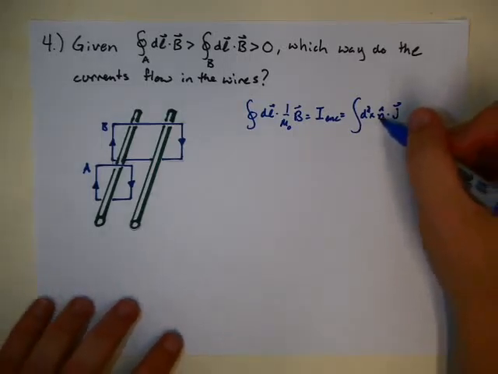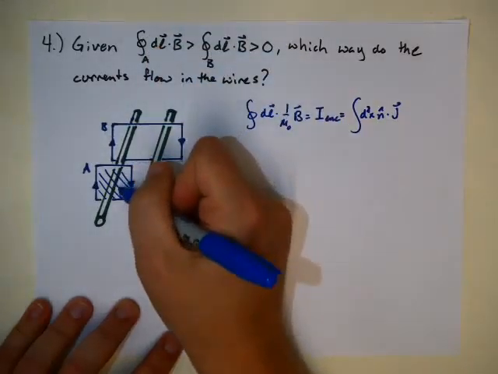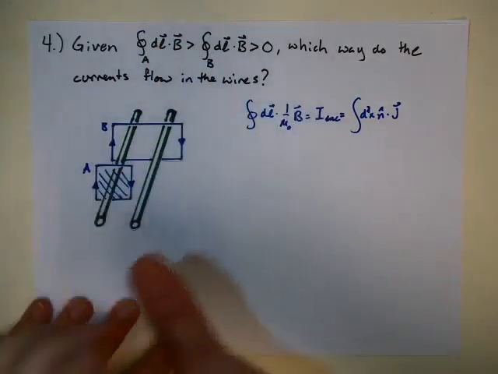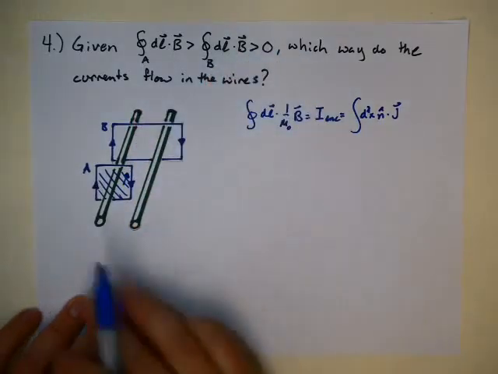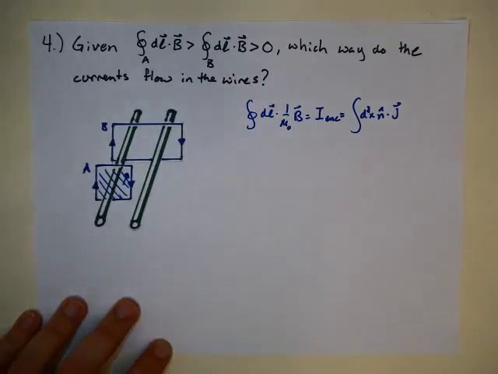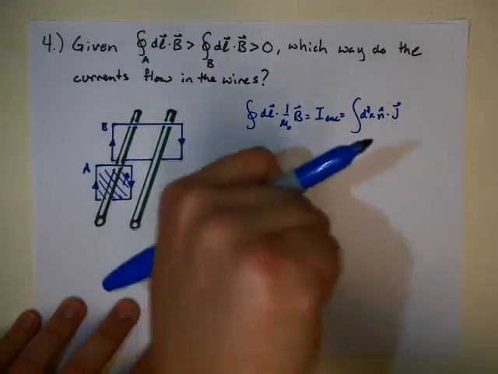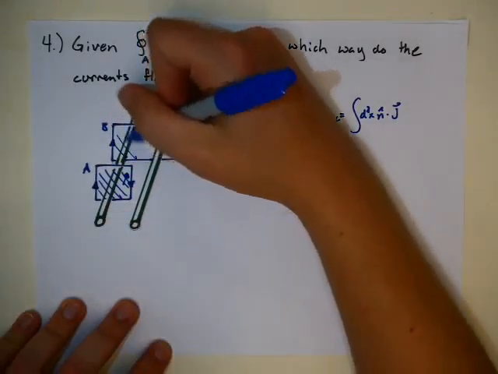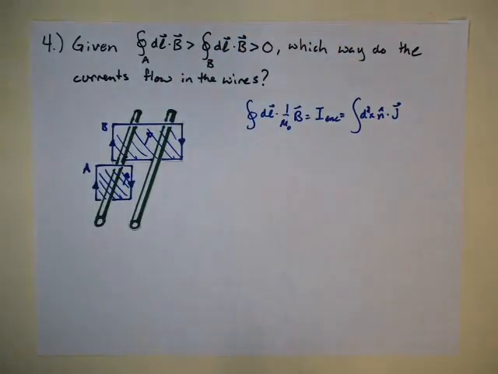We know what the n hat is. The n hat will be the vector on the surface. So here I'm curling in this direction, the n hat's actually going to point in that direction, right? Along the direction of the wire into the paper. For both of these, because the right-hand rule says when I curl around that way, the vector is going to point in. So in both of these cases, the n hat is going to point along the direction of the